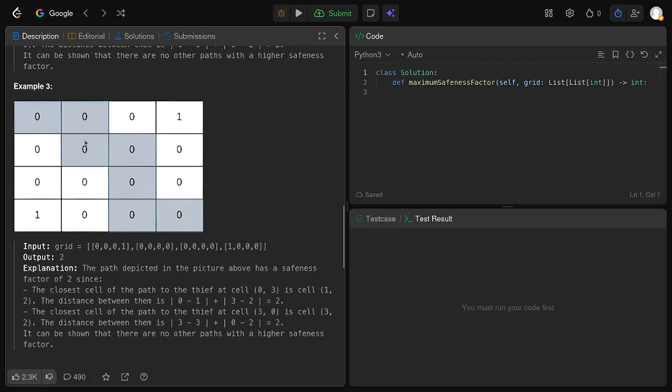And then what we want to do? Well, we want to find such a path that the minimum number along that path is the highest. And if we say there is a path with minimum number 2, there is a path with minimum number 1, and so on. So basically, if we find a path which has a minimum value of